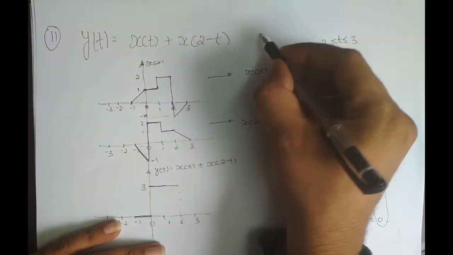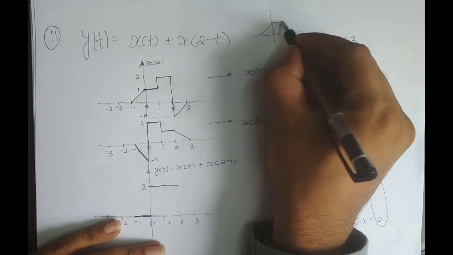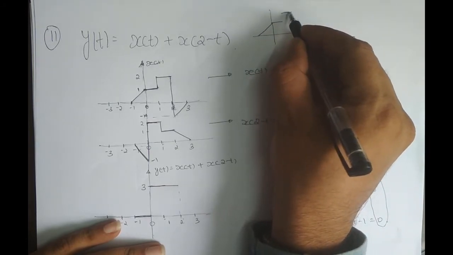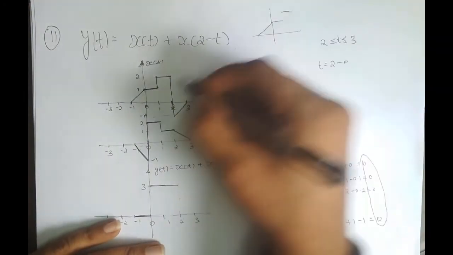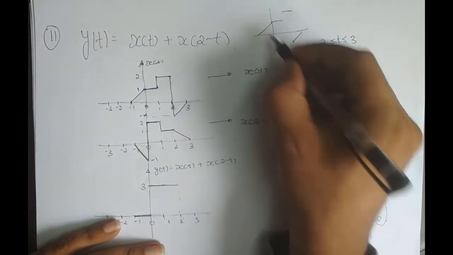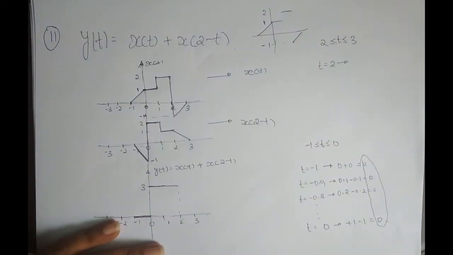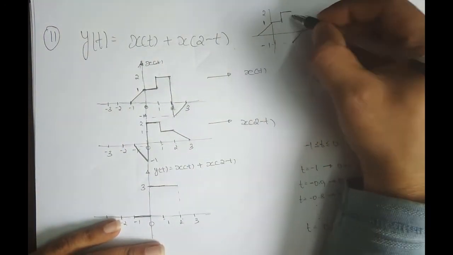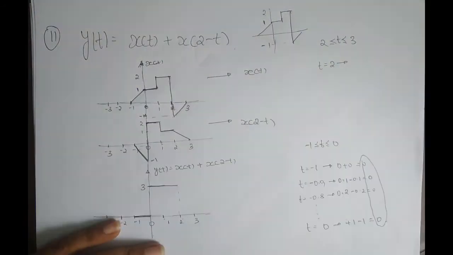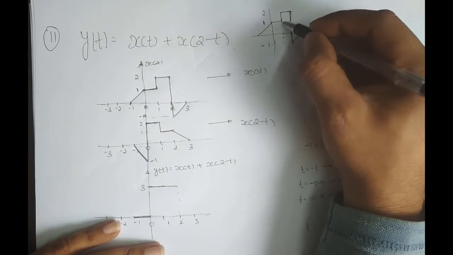Basically, how does this signal look like? It goes like this, and there is no continuity. So here this line is not there actually, and again this line is not there. It just goes like this. So this is 1, this is 2, and this value is minus 1. This is how the signal looks like. But for our sake, what we do is we just join this. But at t is equal to 2, signal is not defined. At t is equal to 1, also signal is not defined.